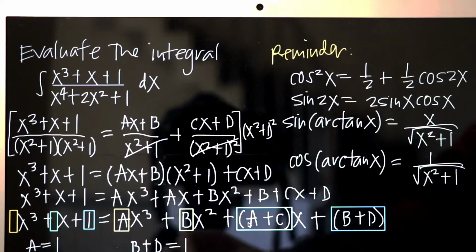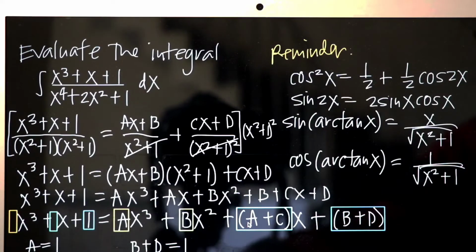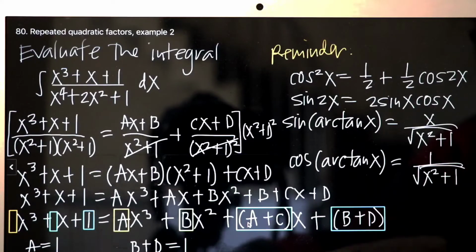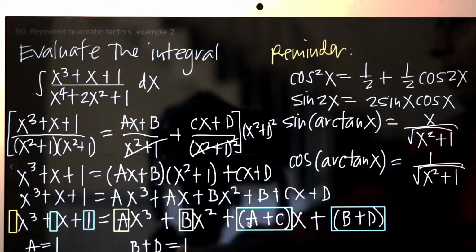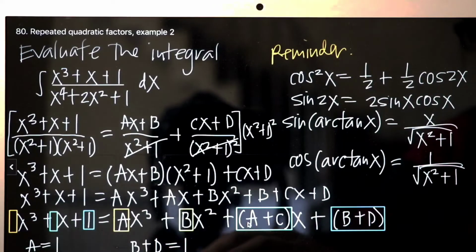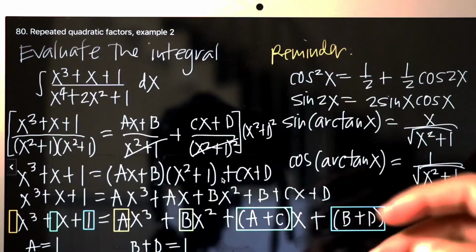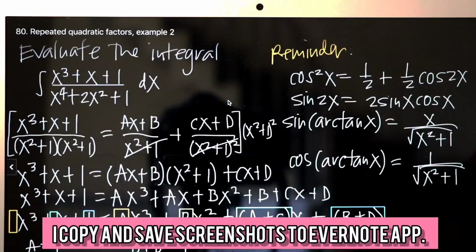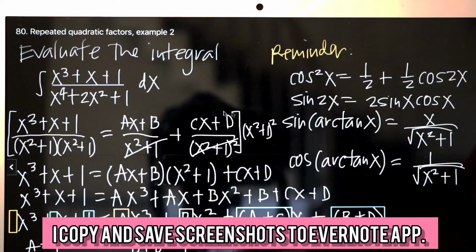If a is equal to 1, then this equation right here, instead of a plus c, becomes 1 plus c equals 1. Subtracting 1 from both sides, we can say that c is equal to 0. Here, since we know that b is equal to 0, we can plug 0 in for b into this equation, and so then it's